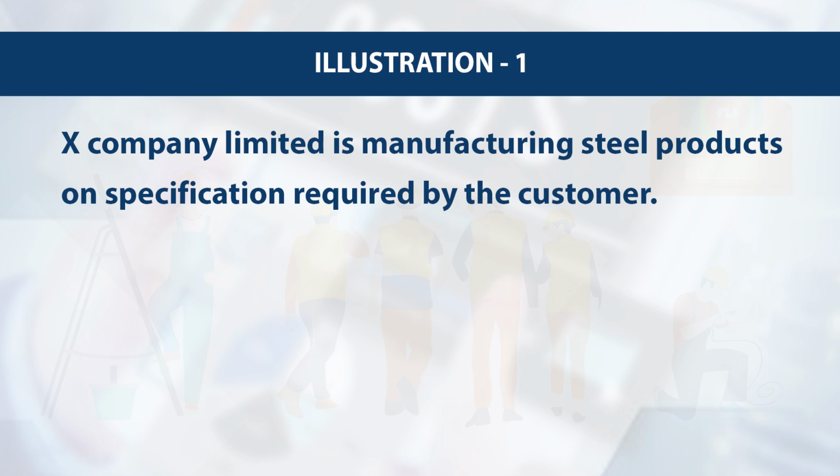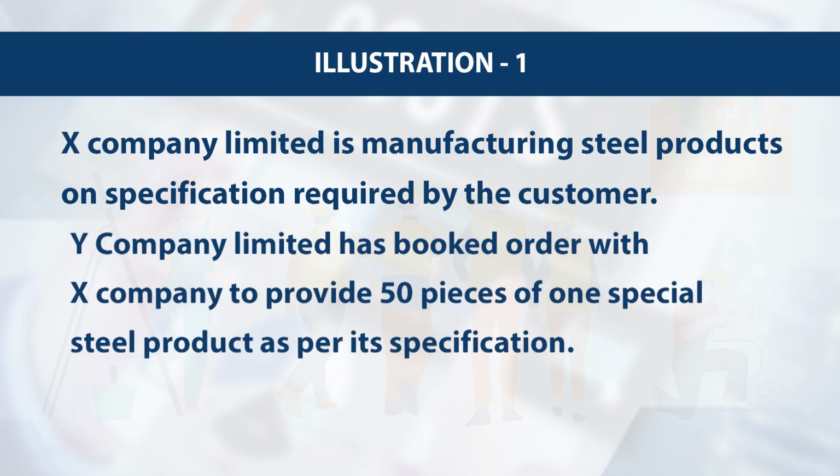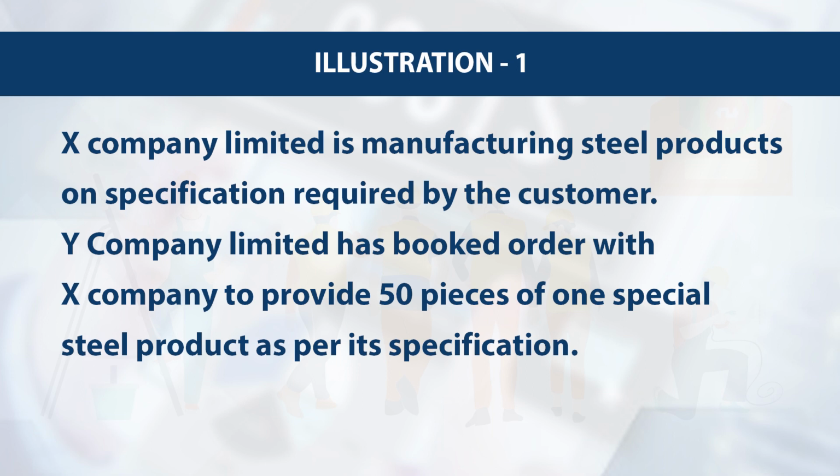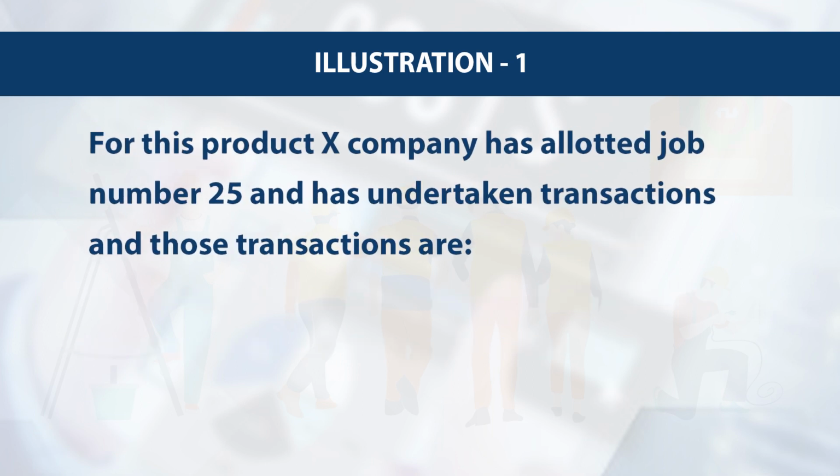Illustration 1. X Company Limited is manufacturing steel products on specification required by the customer. Y Company Limited has booked an order with X Company to provide 50 pieces of one special steel product as per its specification. For this product, X Company has allotted job number 25 and has undertaken transactions, and those transactions are: